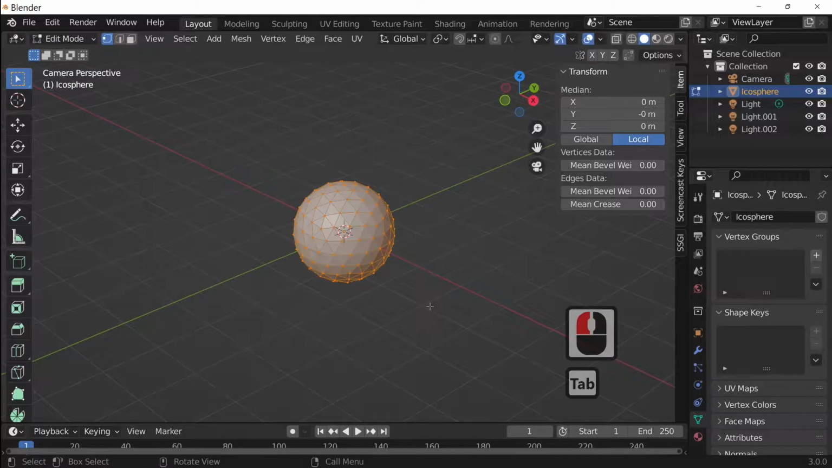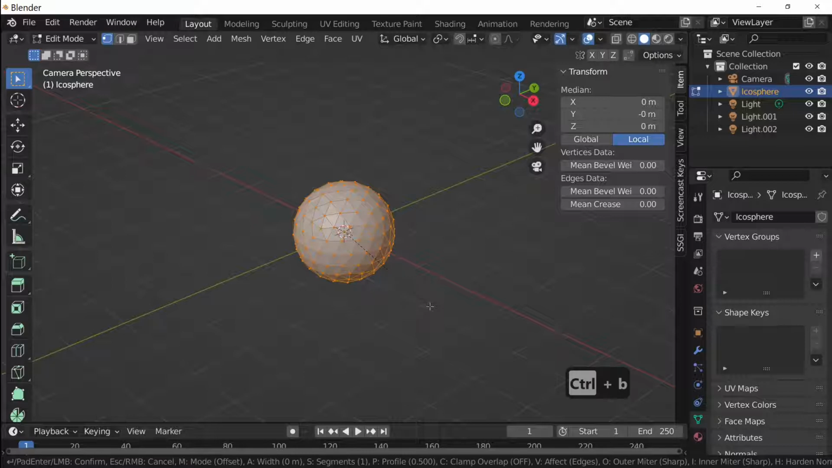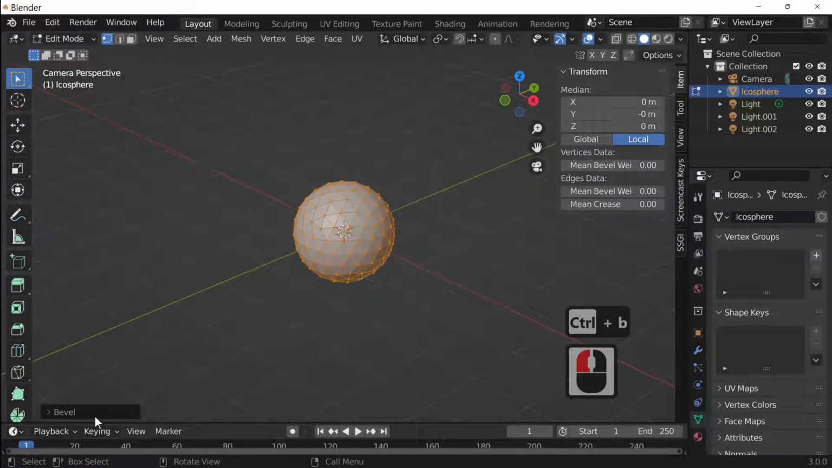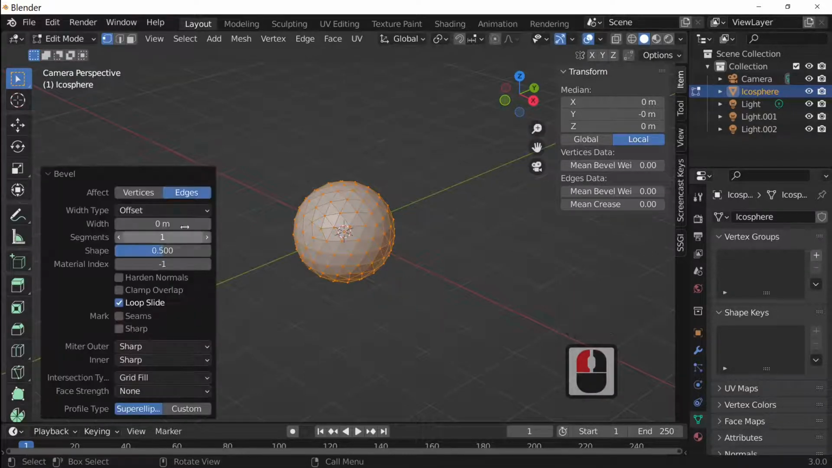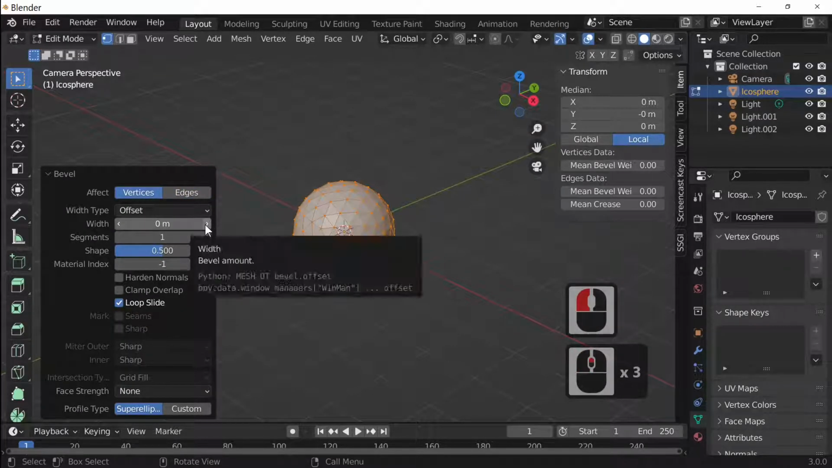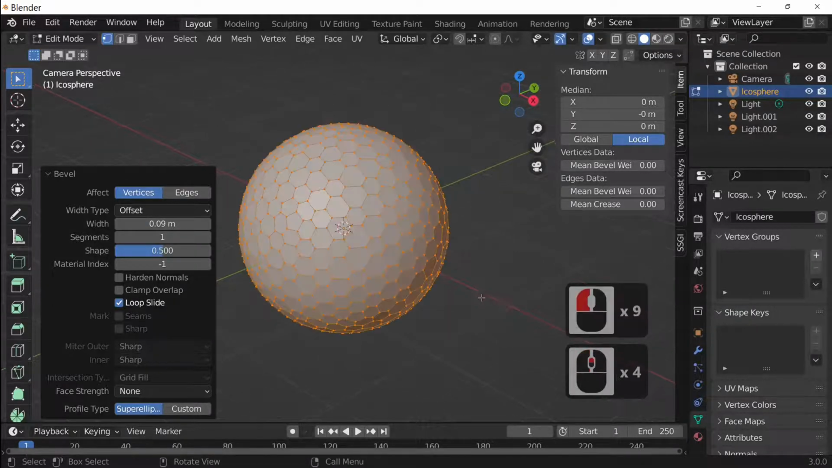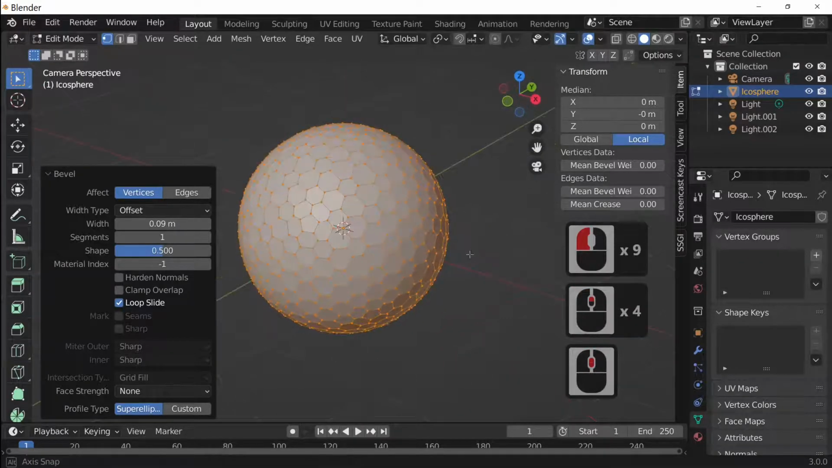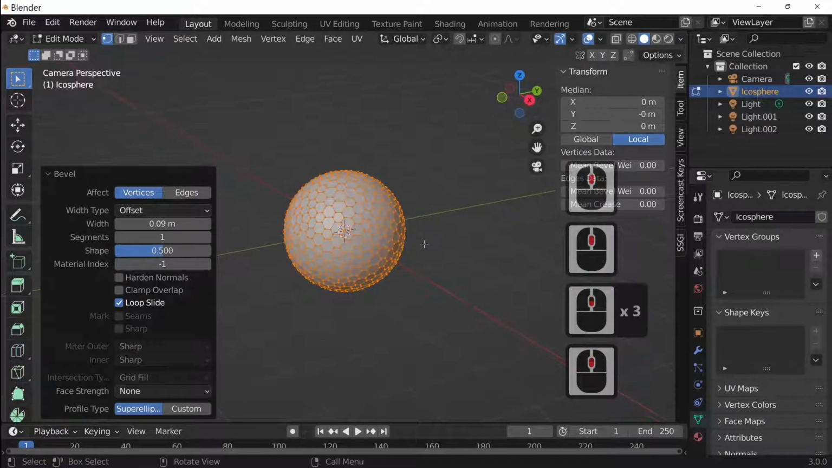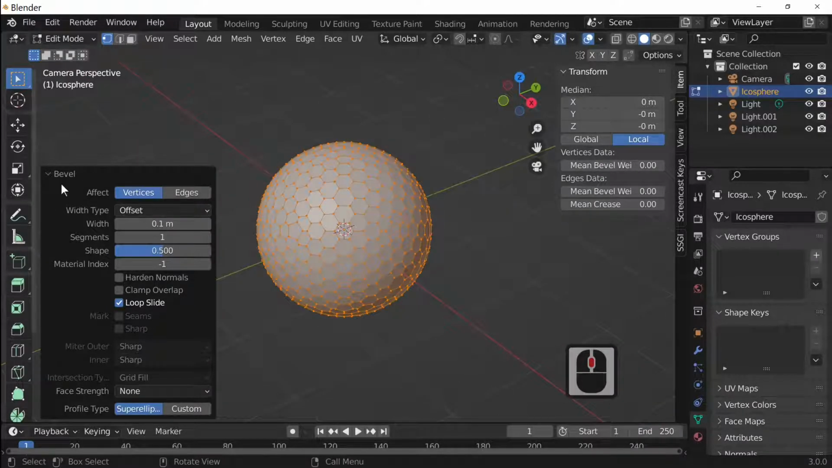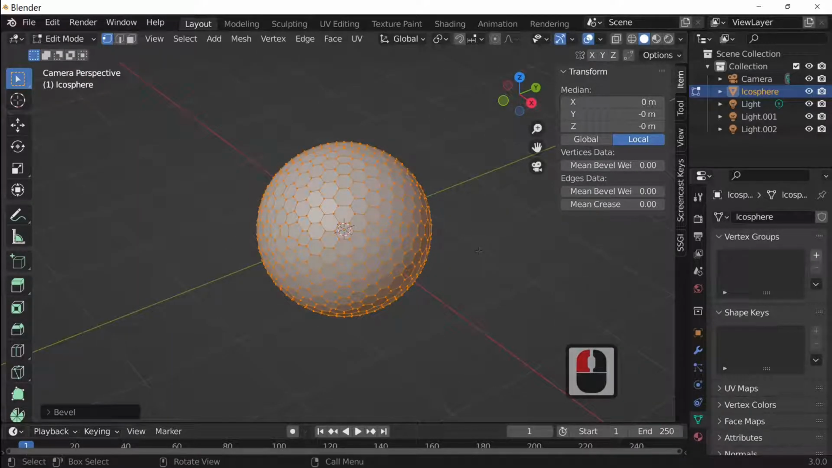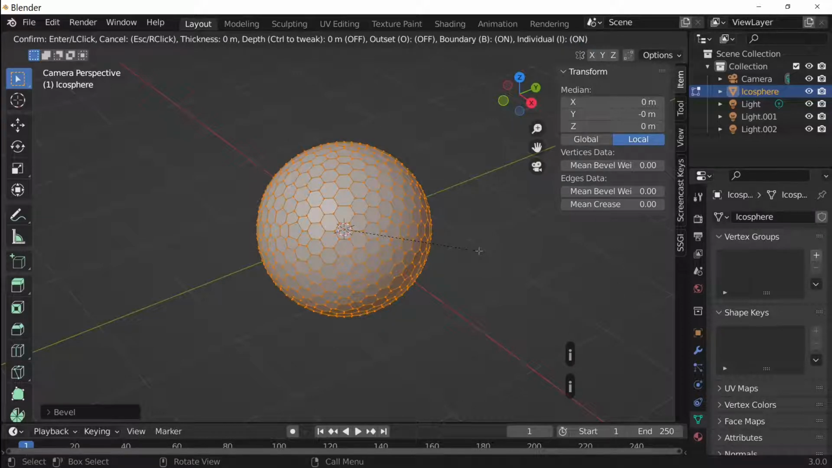Pressing the tab key will take us into edit mode, and if we press Ctrl then B, we're going to actually hit the bevel. Opening this menu, what we're going to do now is actually select vertices and just increase this until we get to the desired shape, which is all these hexagonal shapes, just to actually make our golf ball. So we'll minimize this and we'll press the I key once, then twice, then pressing the S key we can actually scale the icons down